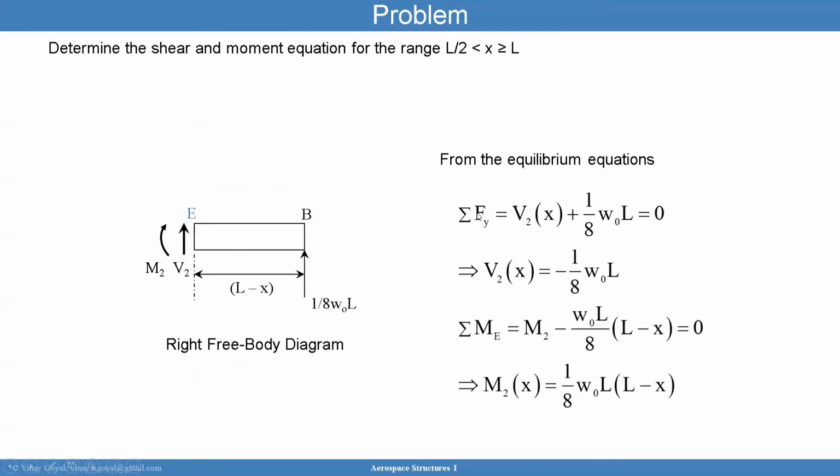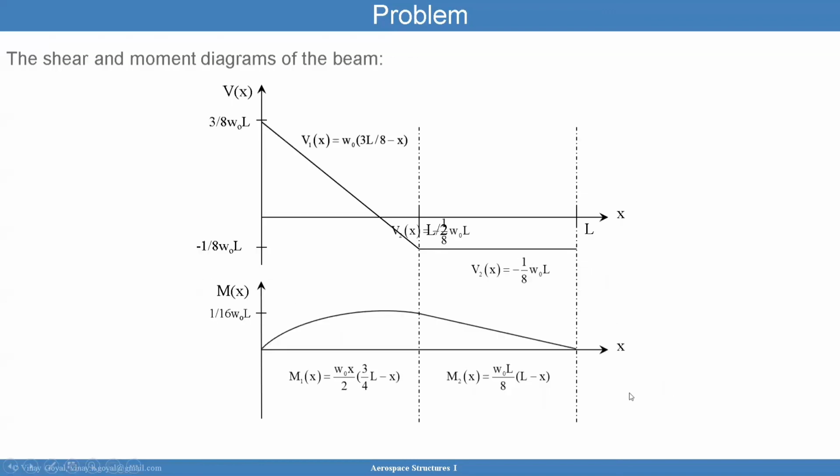Sum of forces in the y direction is V2 plus 1/8 W naught times L equals 0. And then you can solve for V2. And then the moment can also be calculated by considering this force here, which is 1/8 W naught L times L minus X. That gives you the moment. You can then plot that out, and this is your shear,